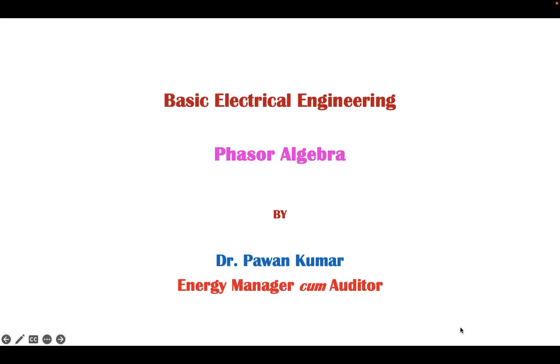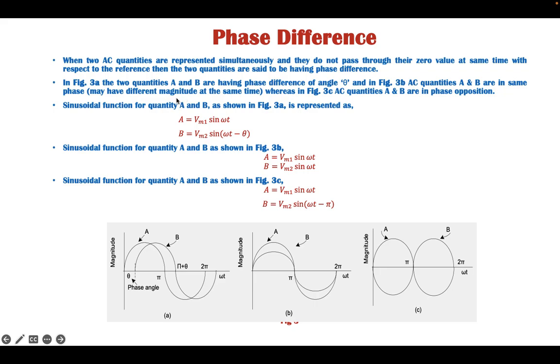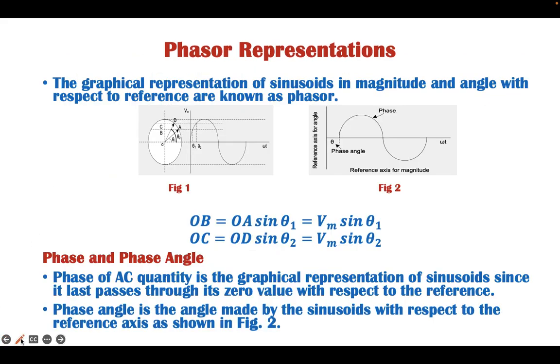Today we are going to discuss Phasor algebra. Phasor representation. As we know, an AC quantity has both magnitude and direction. When there is an AC quantity, it can be represented in space and time. This is the representation of an AC quantity in space and time as magnitude and angle. Magnitude and angle is known as